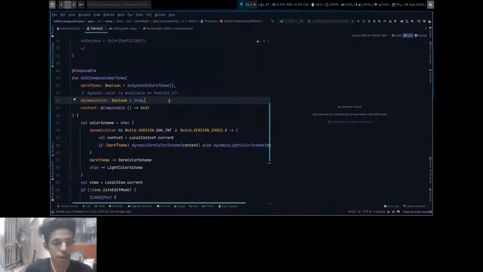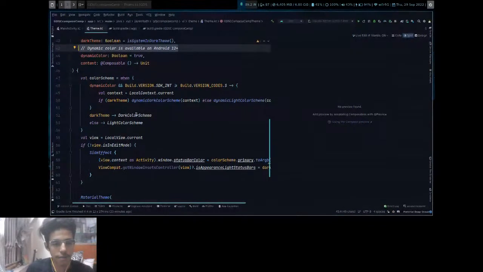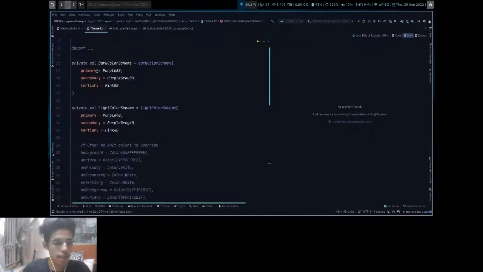This is only available in Android 12 and above. That's why we have to use an if else, a conditional statement, or else our app will crash. So dynamic color uses SDK int and checks whether it's currently running on Android 12 or above.